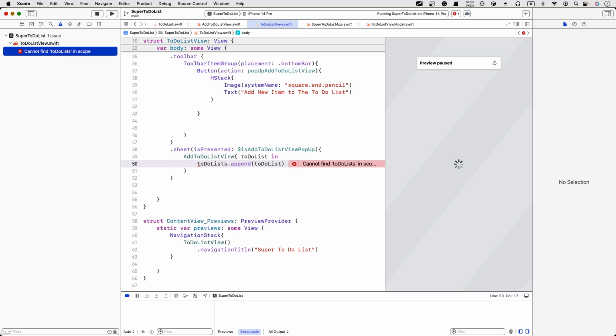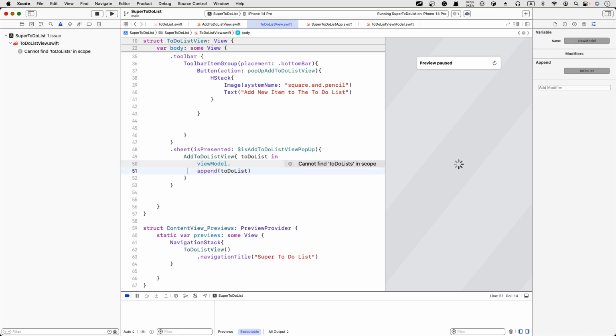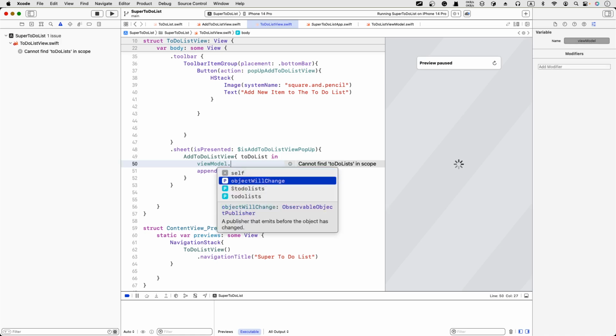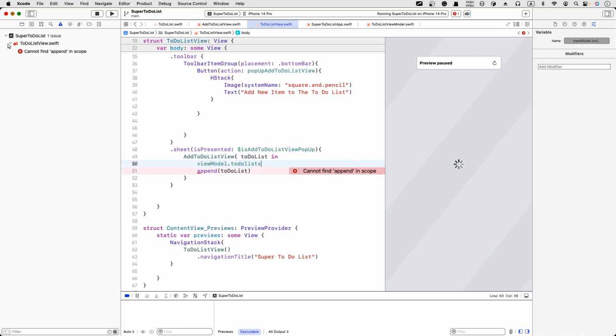So this sheet to-do list dot append. I think yeah, we got our view model to handle that. So view model and dots. We got this. Yeah, let's use this automatic autocomplete, because sometimes I got it as capitalized or not capitalized, it messed up. Yeah, I think the view model may got something wrong here, because I think the do should be capitalized, because